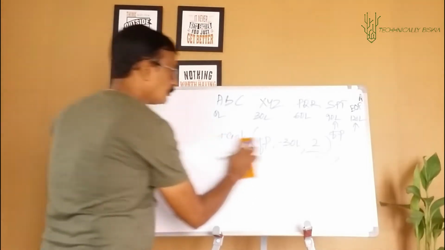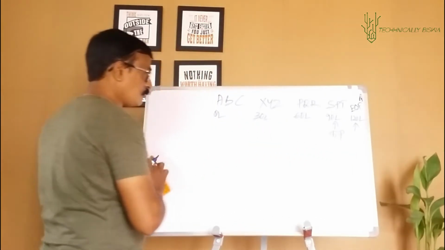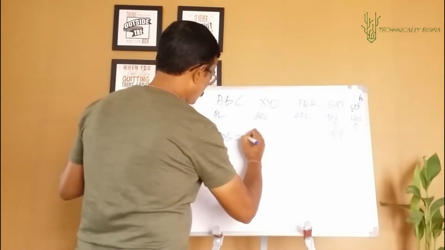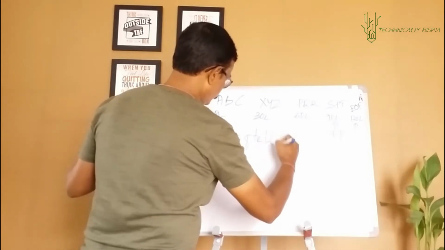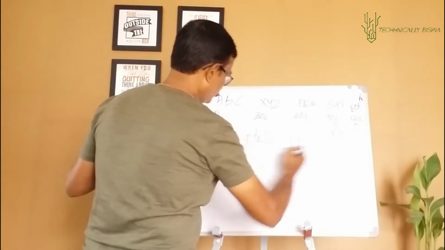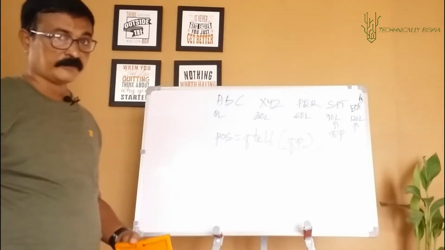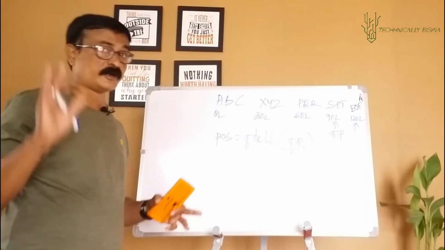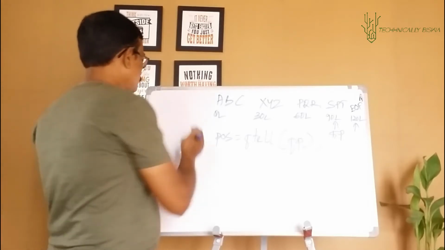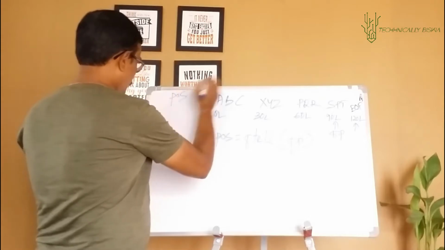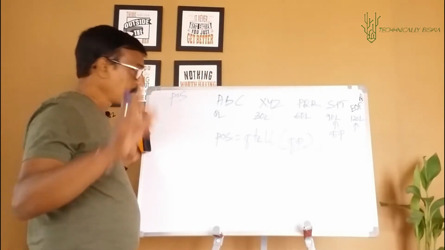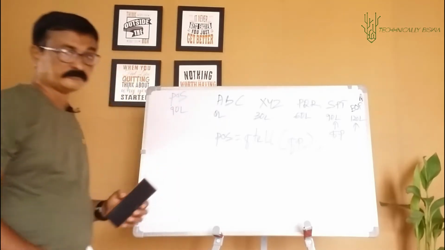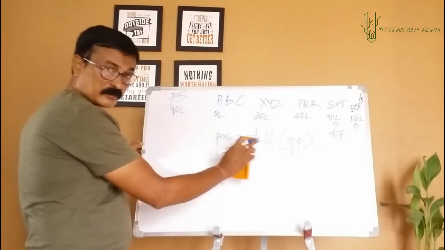Got it? Now record that position. How do I record the position? By saying this: pos equal to ftell. The ftell function, remember we have discussed already, gives you the current position of the file pointer as a long integer. Alright, so pos, a variable which I had already taken, long integer type, will have the value 90L. Clear with this line?